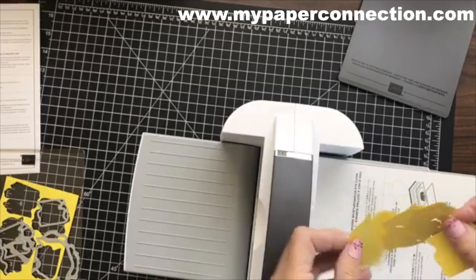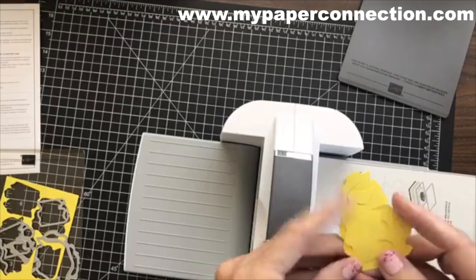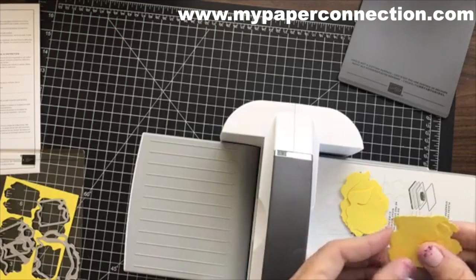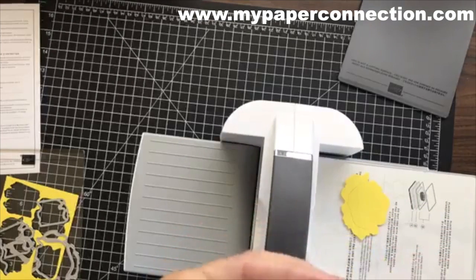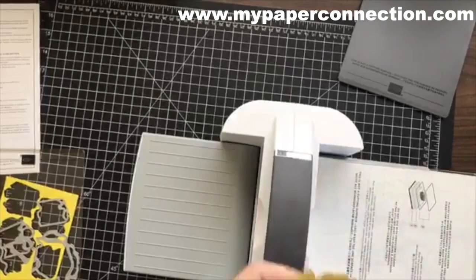You know what I should do is start with the smallest one first. Okay, yep, that's what I need to do. And I've done these before, it's just been a while, and I still get nervous on these crazy lives, but I am bound and determined to conquer this thing and get more confident. Okay, so if I were putting these together, I would actually put a little bit of adhesive down there